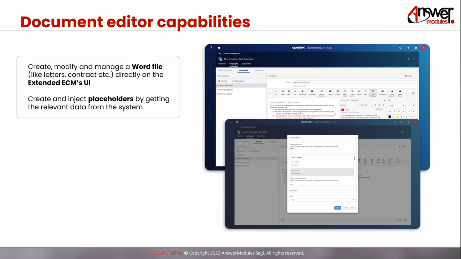So you will be able to select a template, even a Word template. You will be able to add placeholders to this template, and you will be able to inject the information from the form to the template, and you will be able to produce a new document based on the content of the templates and the information provided.